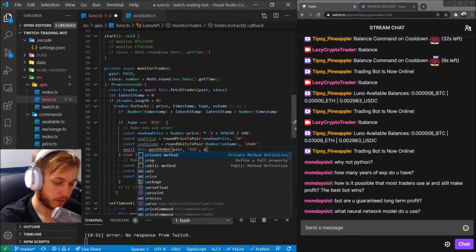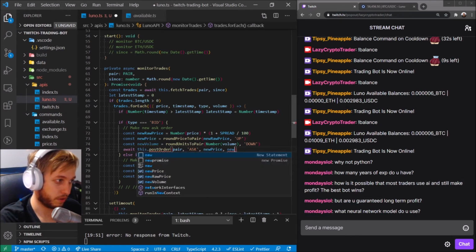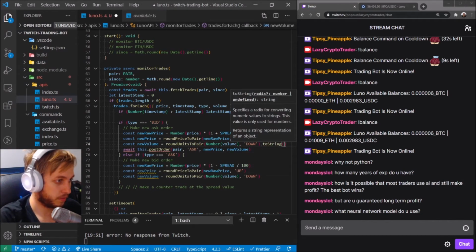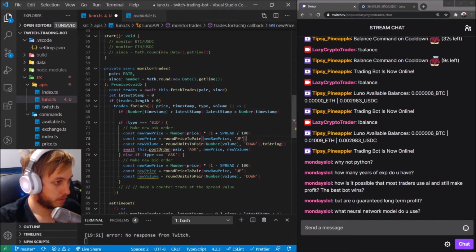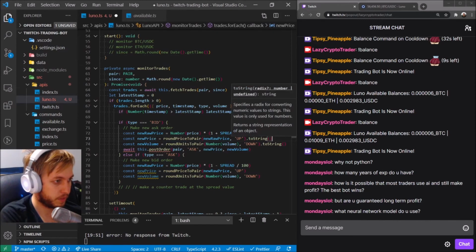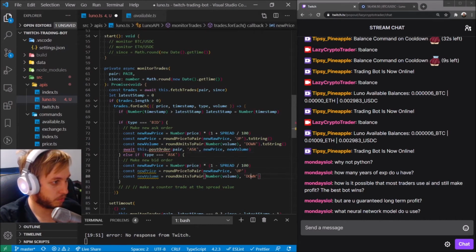We'll say a new price, and we'll say a new volume. I think we need to convert this to string. Do we convert the price to a string as well? I guess we do, theoretically, toString, because we need that to be a string for this process here. And then yeah, we pretty much got to do the same thing for